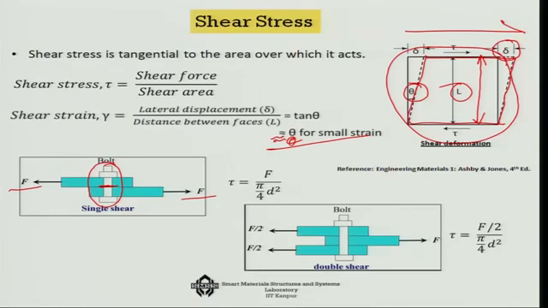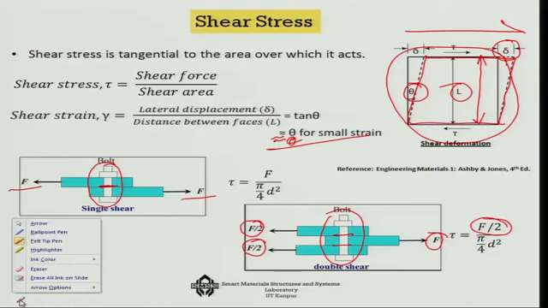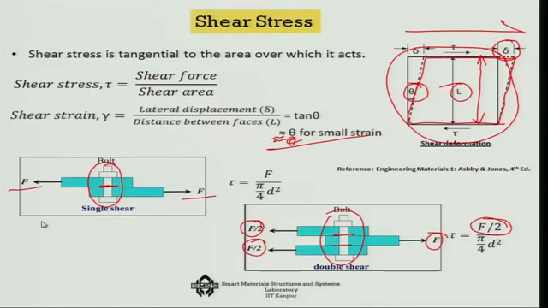But if you have a system with the same bolt, where you have two such elements on one side and the other one on the other side, and you are joining in that manner, then there are two surface areas which come into picture. So, the force becomes half in that sense. That means the shear stress level comes down. Thus you can make many such changes intelligently in a system, so that the shearing stress comes down, and thus it gives you a stronger system with a better life. So, that is what is the shear stress.